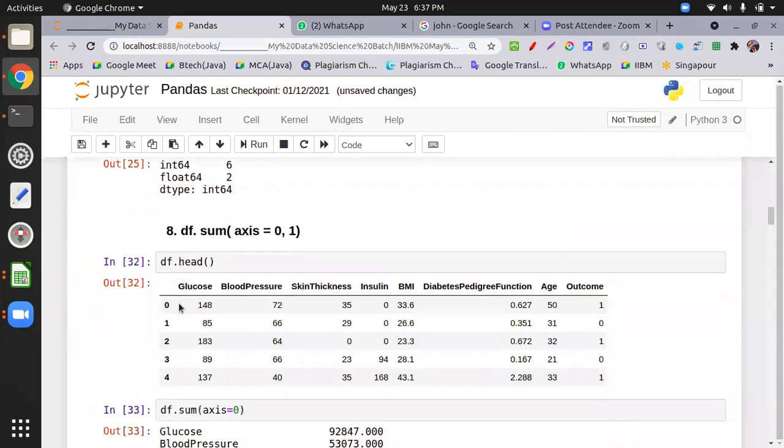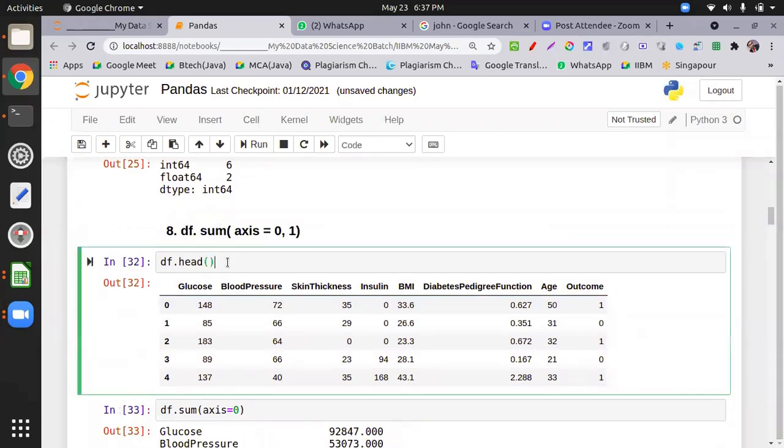All right, now next, df.sum. If you want to sum, now see, we have two things. We can sum,